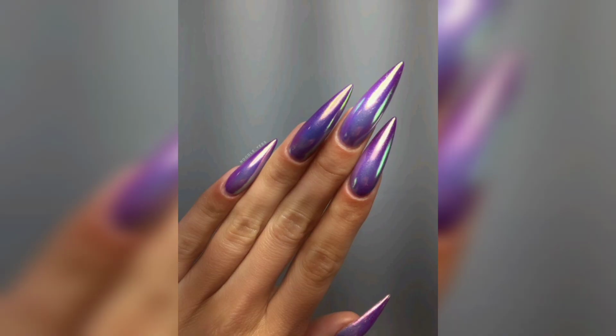Keeping your nails well groomed, trim your nails regularly and